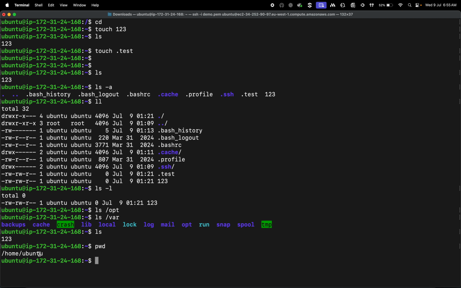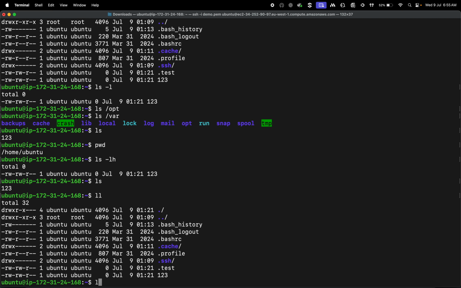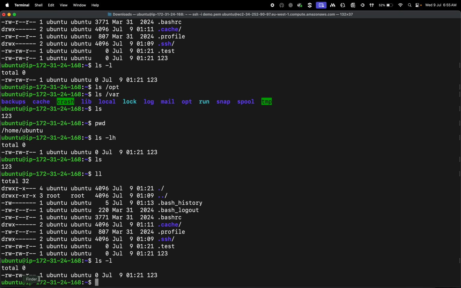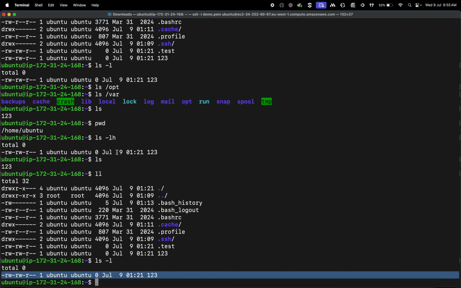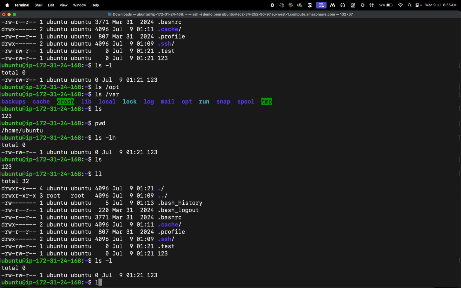So one more example with ls is ls -lh. What is the difference between ls and ll, or let's say ls -l? What is the difference here? In this current example they almost look similar, but ls -lh, or simply ls -h,